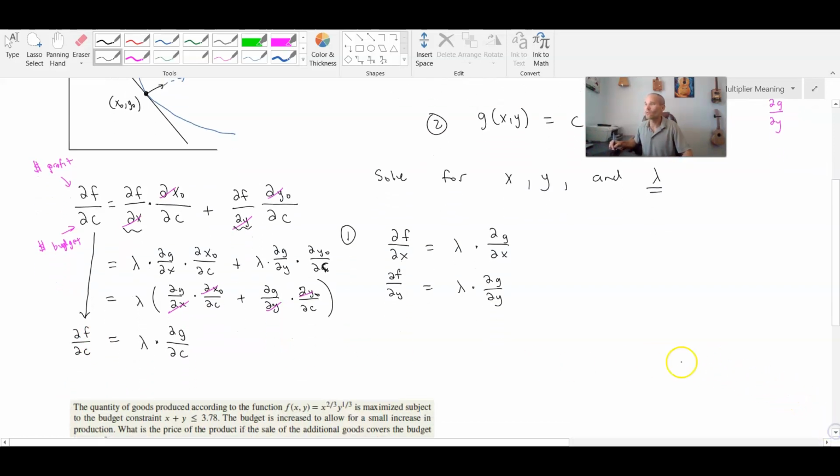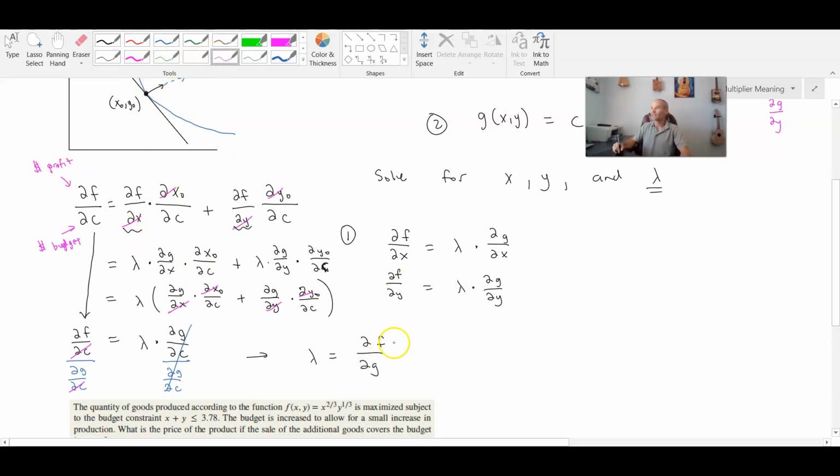Now if I do a cool little thing here and I divide both sides by dg dc to cancel it out from the right-hand side, so these cancel, and I divide by dg dc over here, now something really interesting happens. The dc's cancel, and what I end up with is lambda is equal to df divided by dg. Okay, what does this mean? Interesting. So at least I know the units of lambda, and in my situation up here that I'm illustrating, this would represent